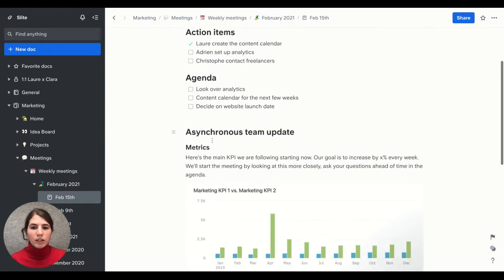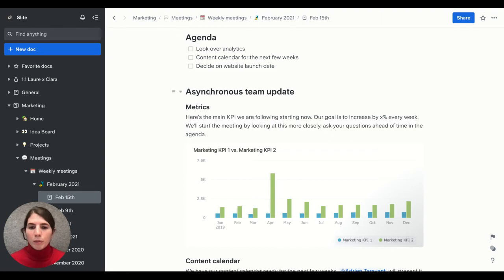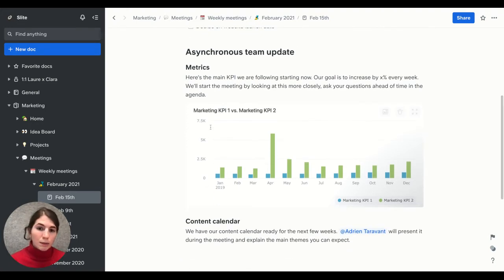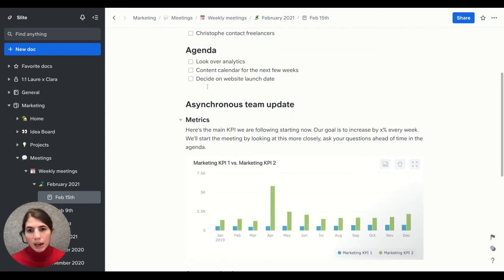So there's a very important part of preparing that meeting, which is about updating the team, reporting, writing down anything that might be important for everyone to have context before the meeting. And most of all, this is not meant to be the focus of the meeting. It's meant to be read before so that the meeting can actually be all about the agenda items, which are